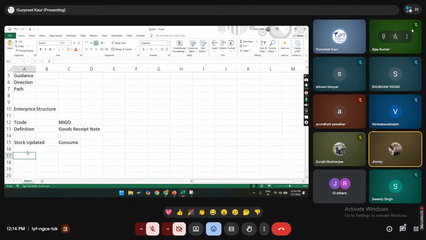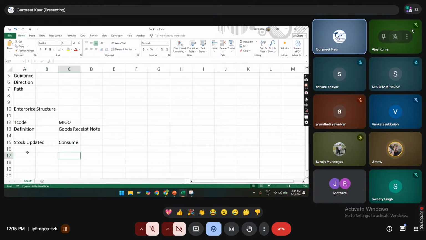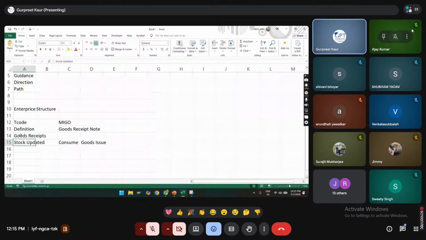Again, goods issue, whenever it's about the goods issue, you can say consumption is going to be there. Yeah, consumption is going to be a goods issue. I agree. But when we are talking about the P2P cycle, we have the receiving of the goods, right? We have the goods receipts, basically. Either you can stock or you can consume. It is possible you can consume directly. But if you have a stock, then you have to make a goods issue.